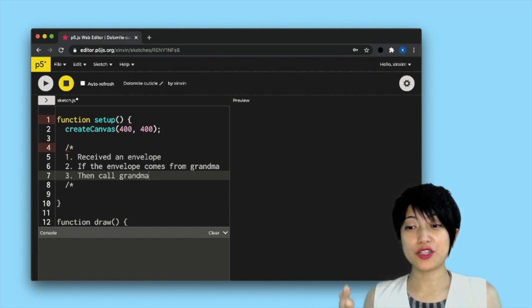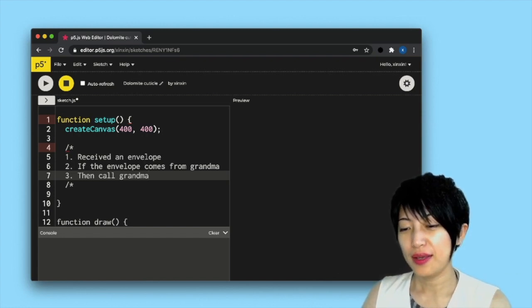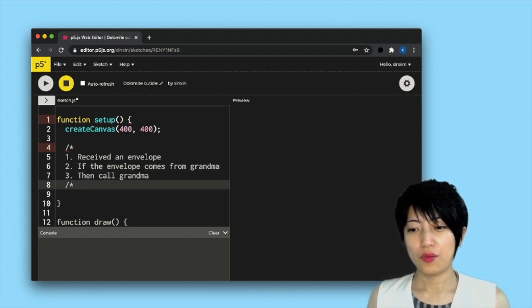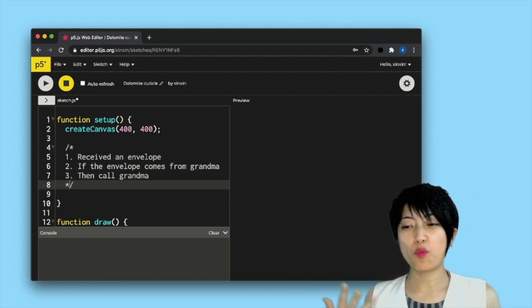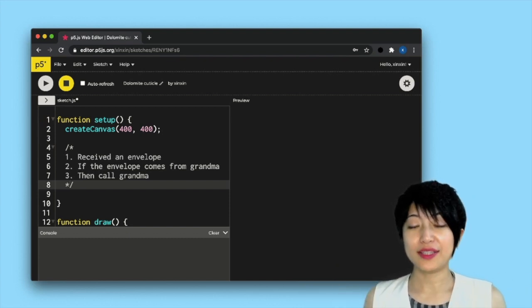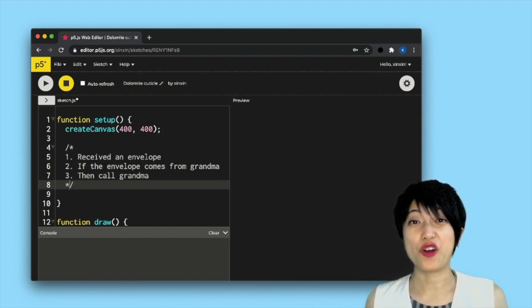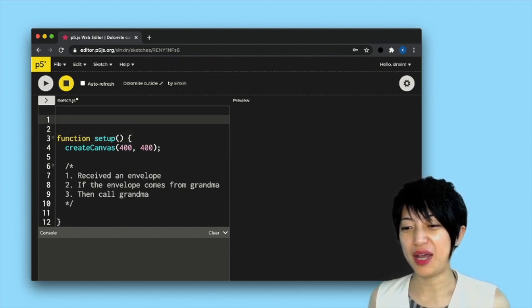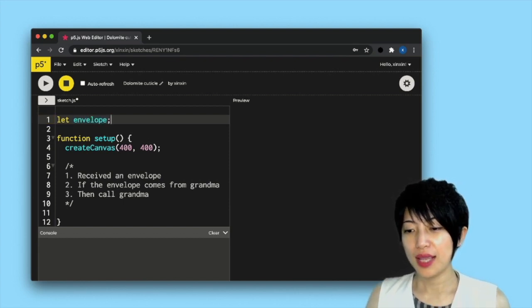So here we can actually try to translate what we got here into actual code. The idea is the code will help me check whether the envelope, the letter, comes from grandma, and if it actually is, then I need to call grandma. Okay, so here I'm going to declare a variable called envelope,